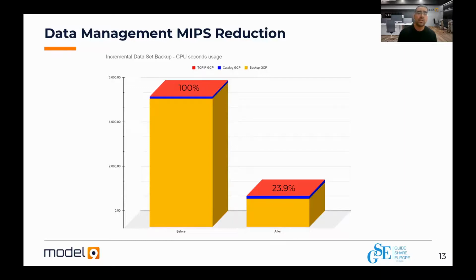In the after scenario, you can see the data management process is dramatically reduced. Catalog is basically the same, and TCP/IP usage, while it's there, is really negligible and almost close to zero. So if TCP/IP is configured correctly, it is not an issue at all for sending the data. As I mentioned, everything from encryption, compression, and all these kinds of things are done on zIIP engines, and they're not even going through those OSA cards.